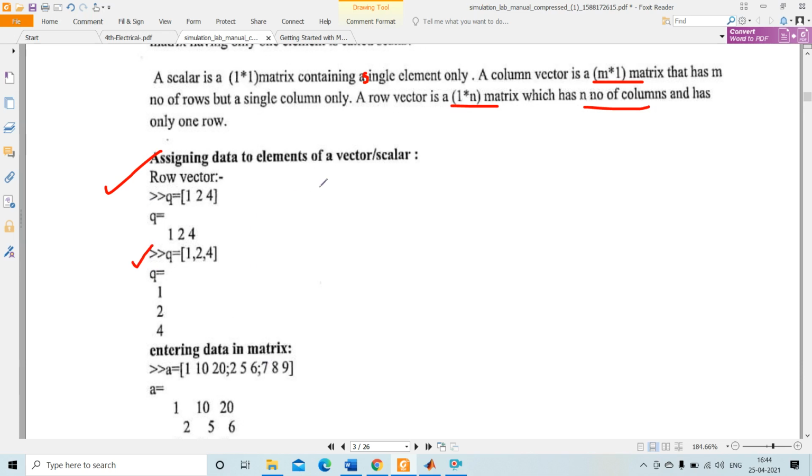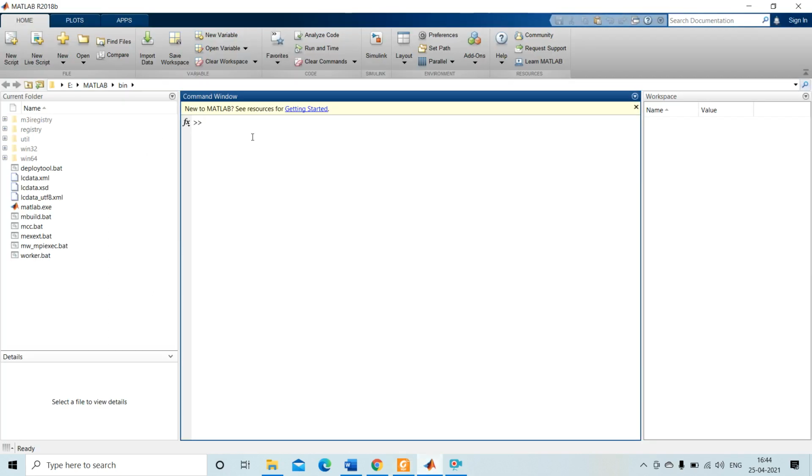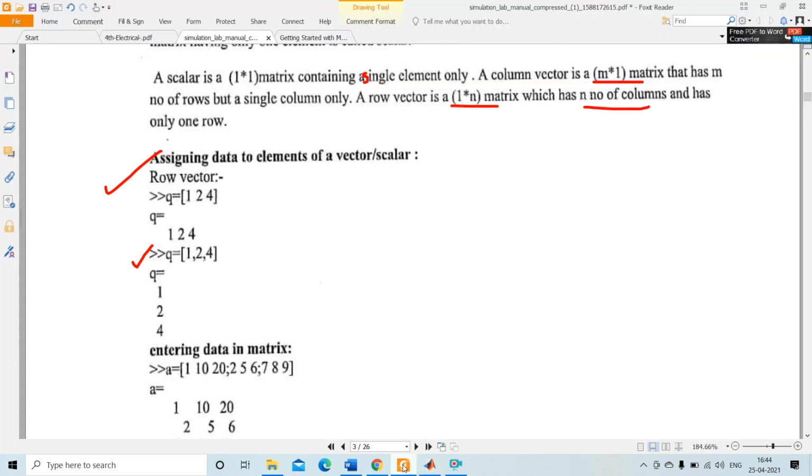Okay, so assigning data to elements of a vector or scalar. See, I am taking one variable a equal to square bracket 1, enter. So what is this? There is only one single element, so it is a scalar. Okay, it is a 1 cross 1 matrix.